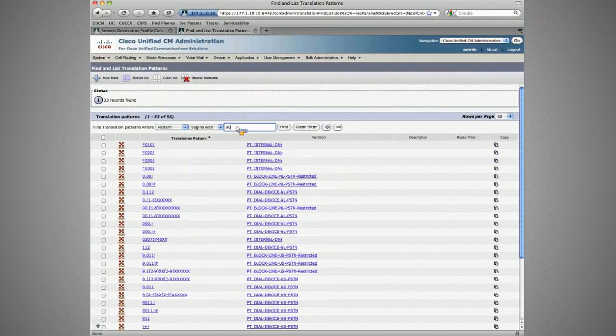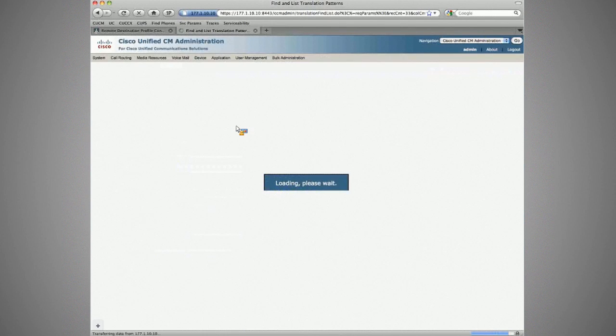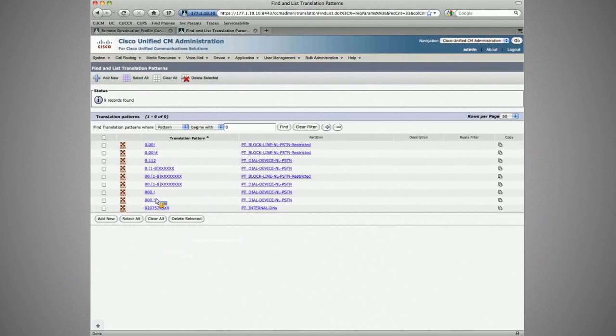Now we note that if we look at the ones that begin with 0, we're calling from the Netherlands, or the ones that begin with 9 from calling anywhere in the US, those are all fine and good. We could look at the partitions there and try to find a calling search space that has those partitions already. But remember that our remote destinations we're going to want to configure, as we learned in Module 11 and 10